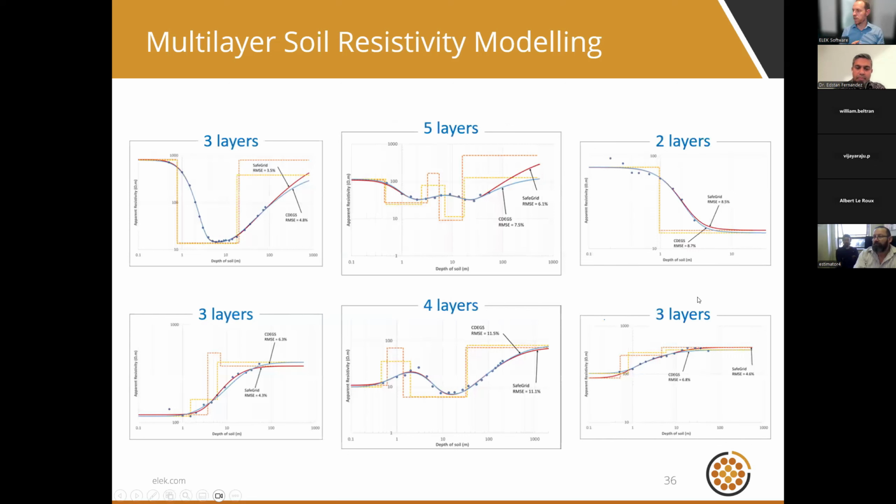From the measurements, we determine an equivalent multi-layered model. We input the measurements into software, and we fit a curve, and we say, well, the profile of this soil looks to be 3 or 5 or 2 layers, almost never 1 layer, and rarely 2 layers. It's almost always multi-layered, and this profile affects GPR, grid resistance, and touch voltages very significantly.